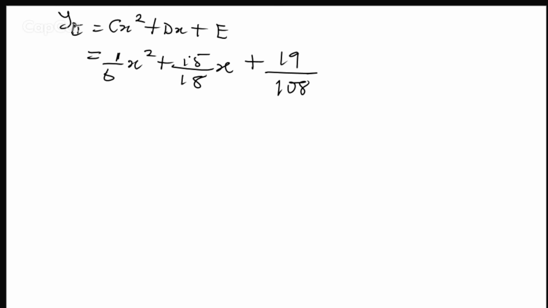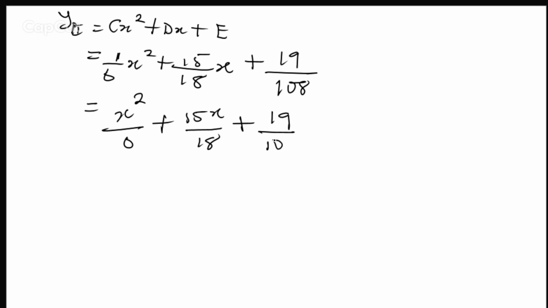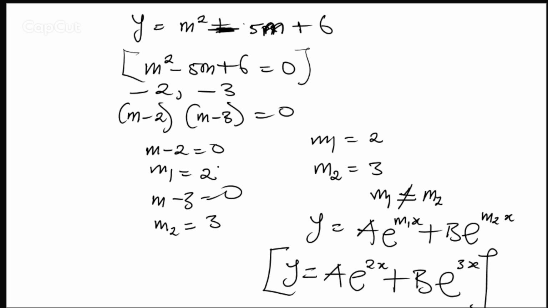So what you simply do is rearrange this equation. And if you rearrange this equation, you simply have x squared divided by 6 plus 15x divided by 18 plus 19 divided by 108. So simply you've gotten your answer for your particular integral. And you've also gotten your answer for your complementary function, which is